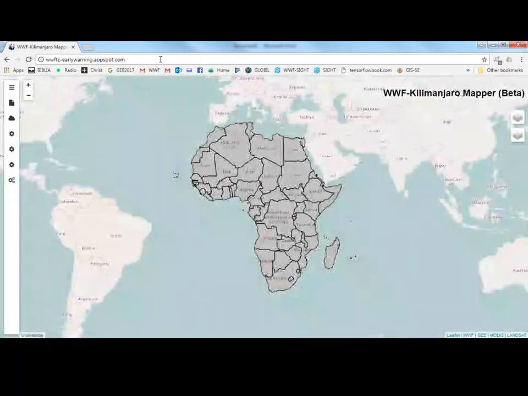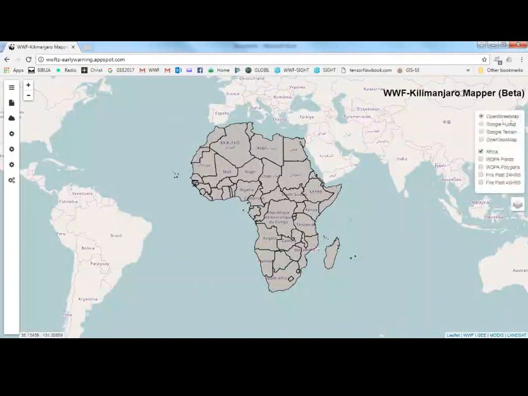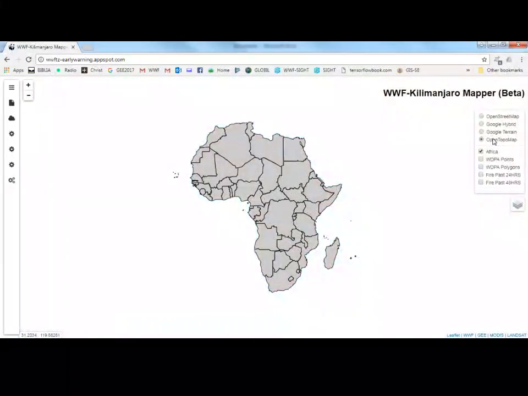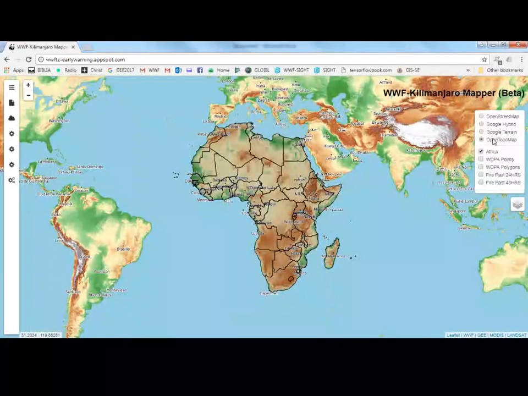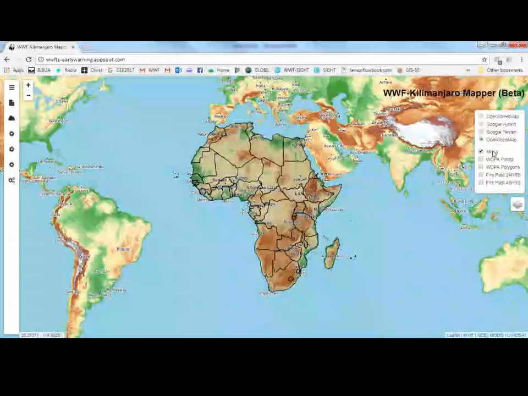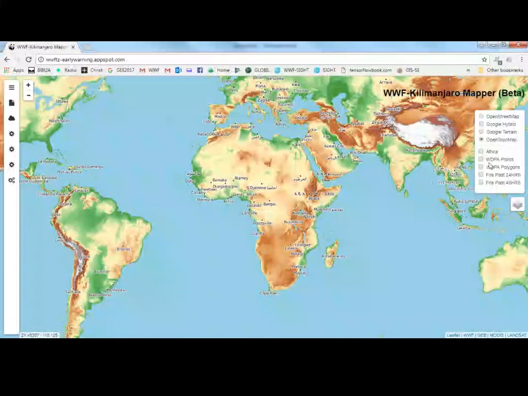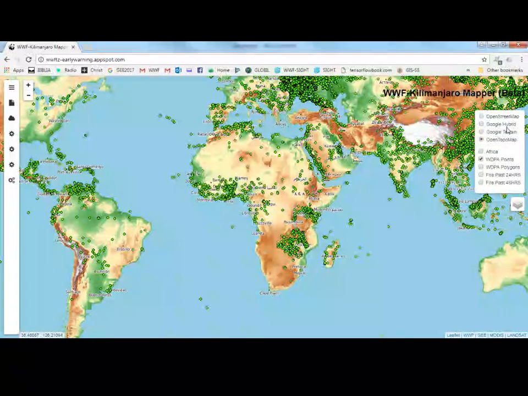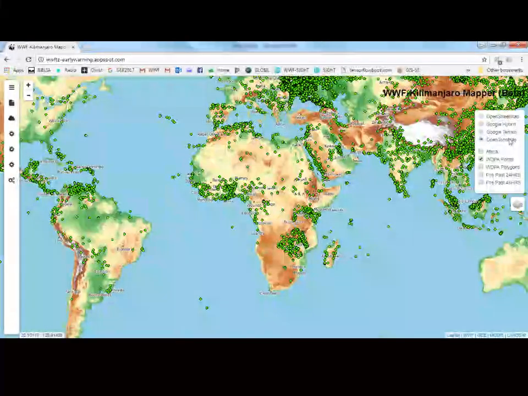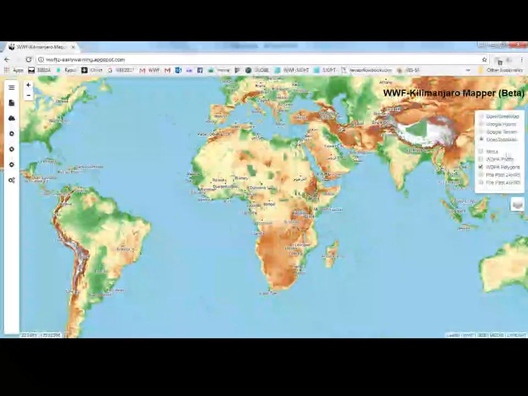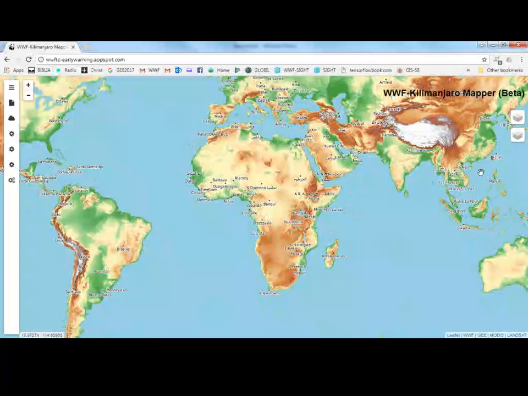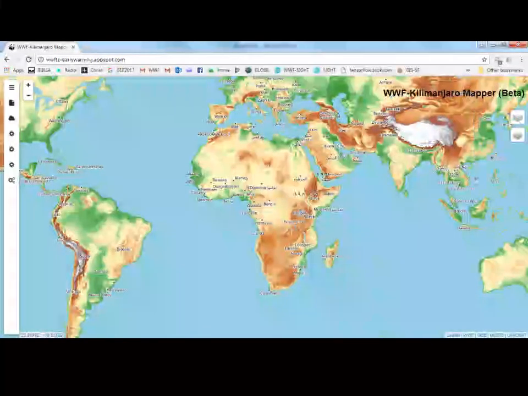So this is the platform, and to start with, there are different layers. Those are the background layers, a global open source web map tile service, and you can see there is mostly Africa, but you can remove it. There are points of the World Database of Protected Areas, WCMC, where this data comes from. There are polygons you can put on, but also simple ones to show some other issues.